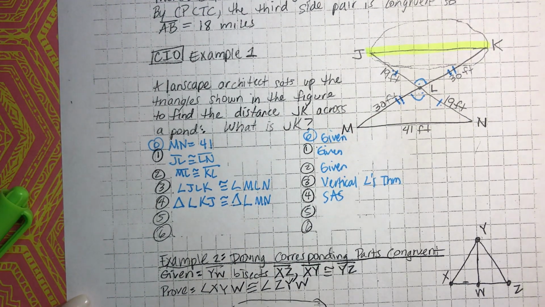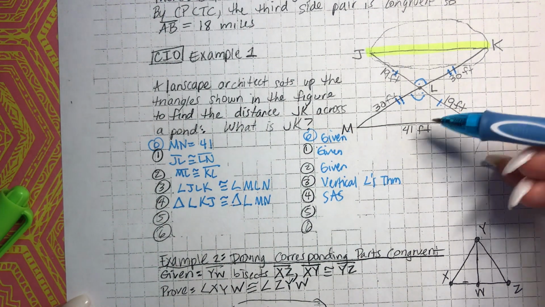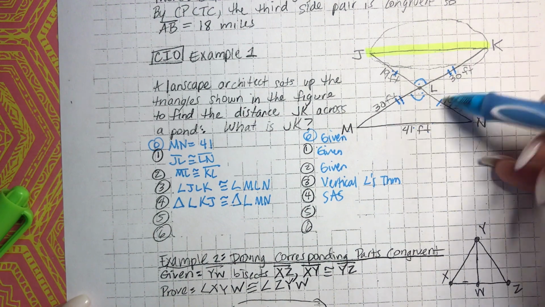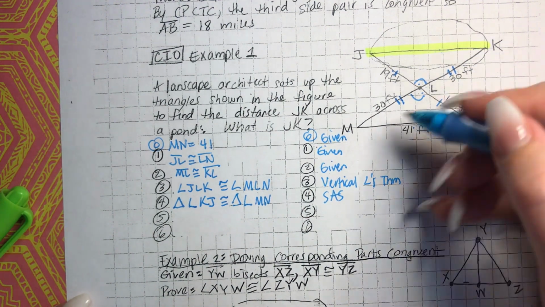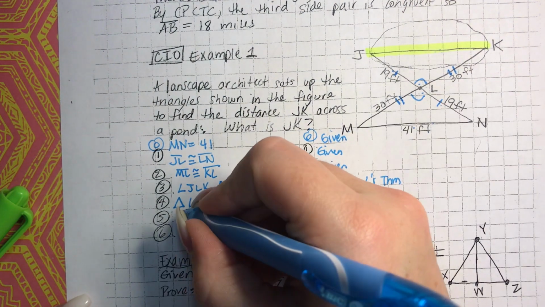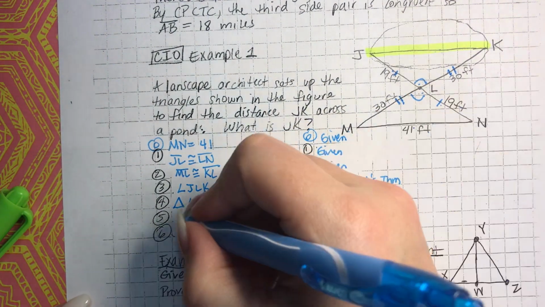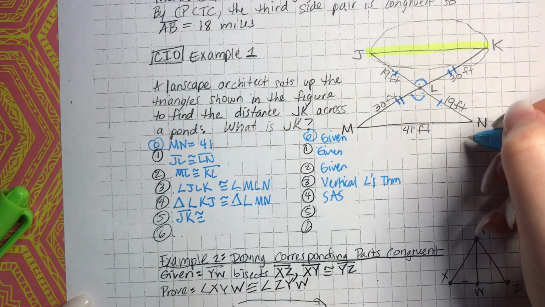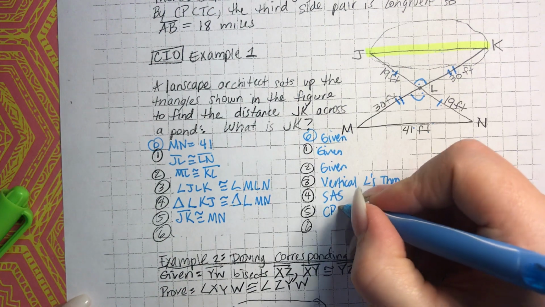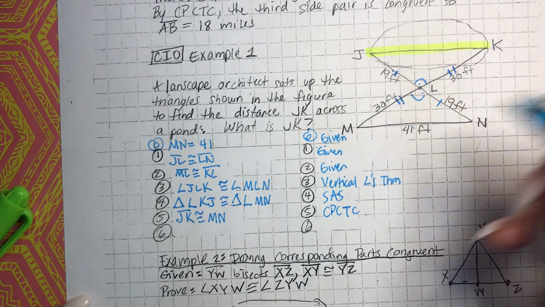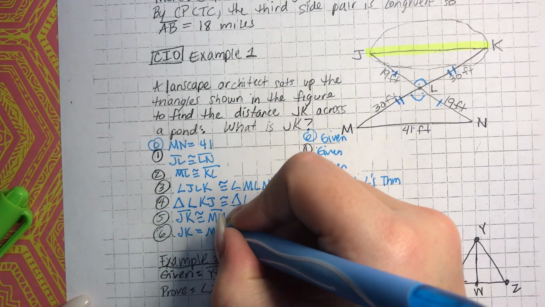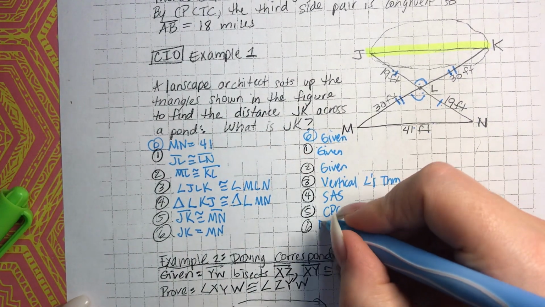Okay, now what do we want to do? We want to say that these two sides are congruent, right? We have two sides that are congruent. This is the third side. So I'm going to say JK is congruent to MN because of CPCTC. And then I'm going to have to change the format, right? So JK is equal to MN because of definition of congruent